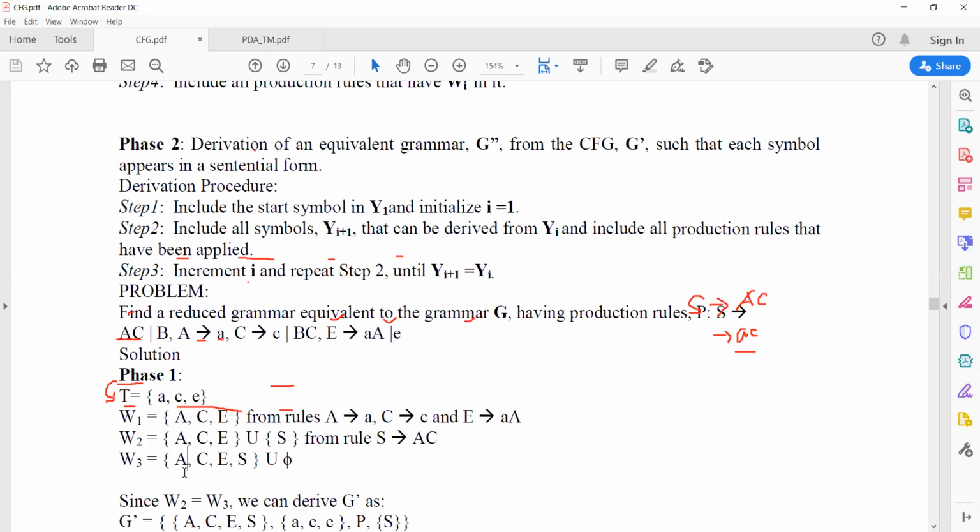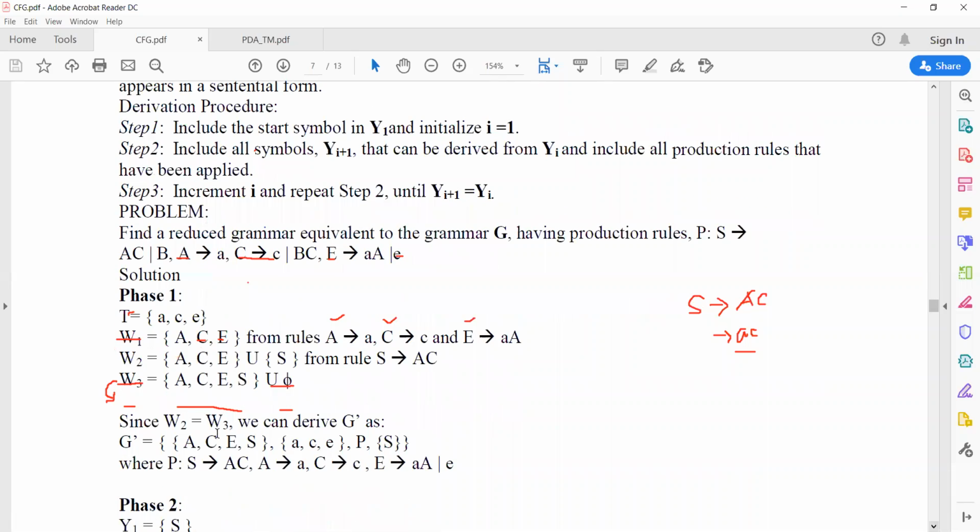So this is the first phase of discussion, and the first phase is completed. As a result, you get a new grammar in which you have terminals and non-terminals. The set of terminals is the same, and the set of non-terminals is A, C, E, S. Initially it was A, C, E, S, and after phase 1 you also have all the terminals.